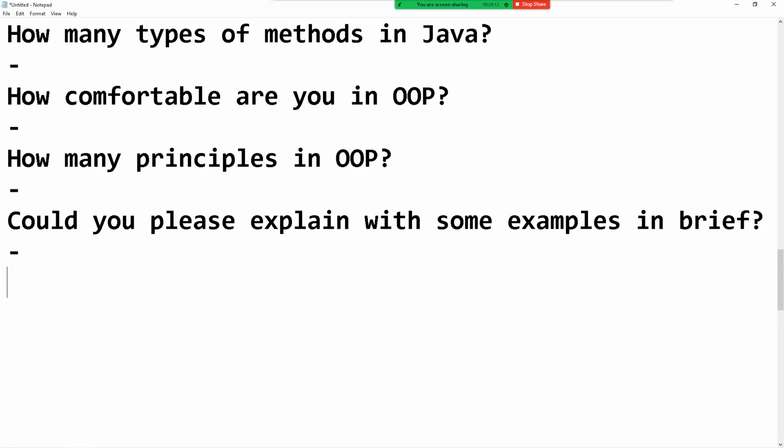Are you familiar with TDD? Yes, I'm familiar with TDD, which is test-driven development, but I have not worked much on it. I mostly worked with BDD. BDD, you mean Cucumber? Yeah, the BDD Cucumber framework. Okay. What is BDD Cucumber? BDD Cucumber is behavior-driven development, and it is used to test